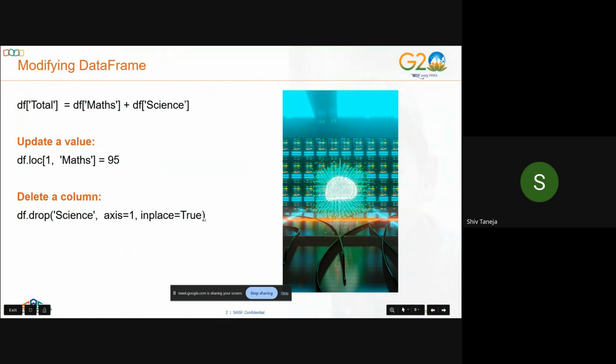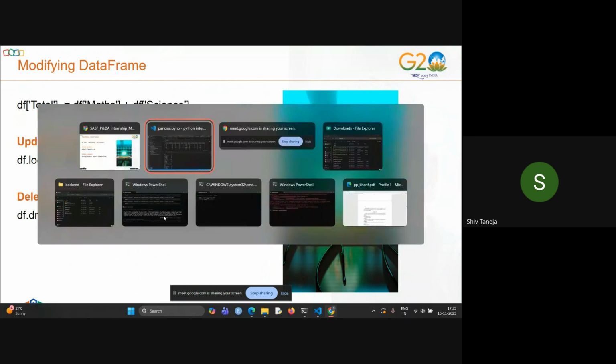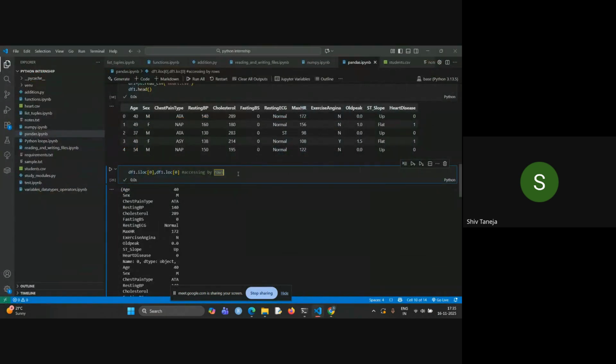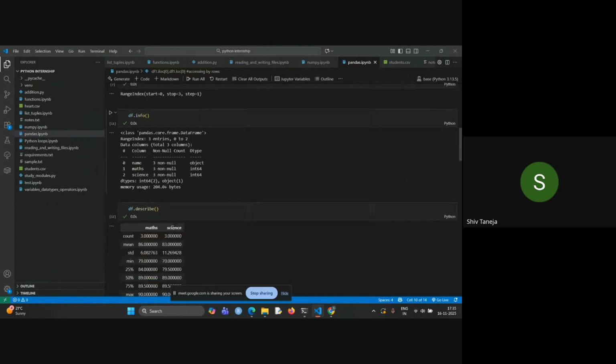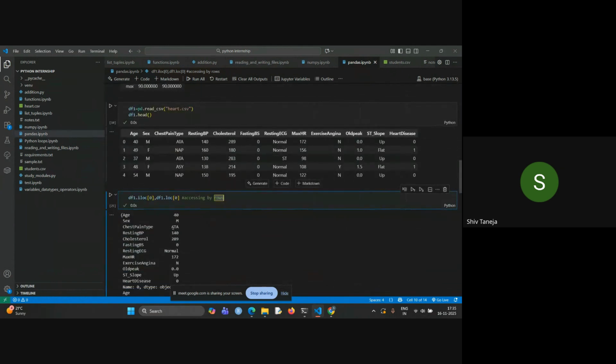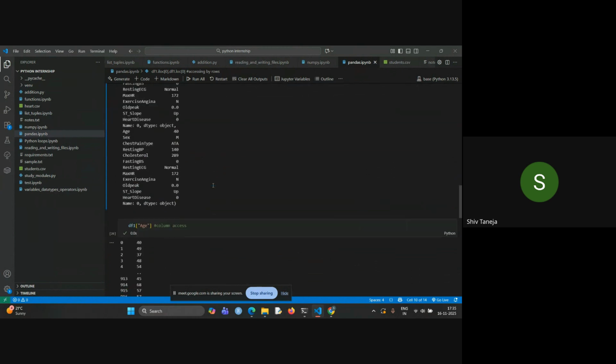And inplace=True means that we are removing this column permanently. To understand inplace, all these operations, like you will get in rows and this, what happens is, if you put these operations, for example,